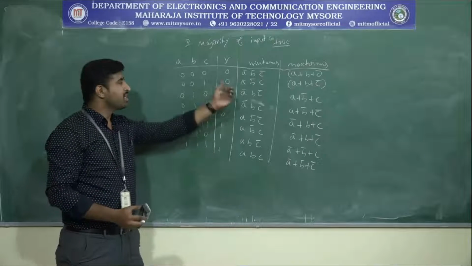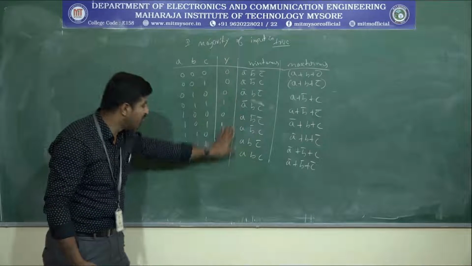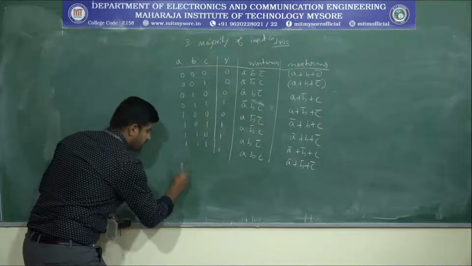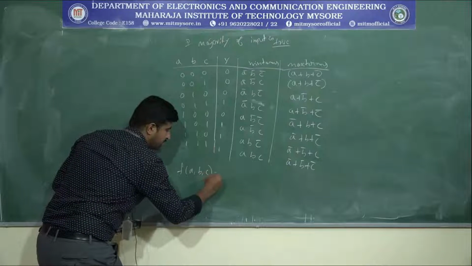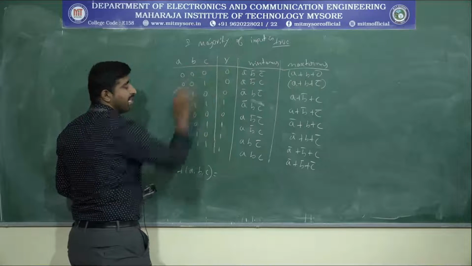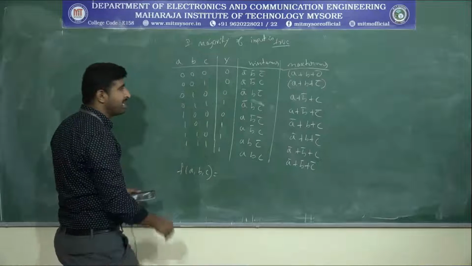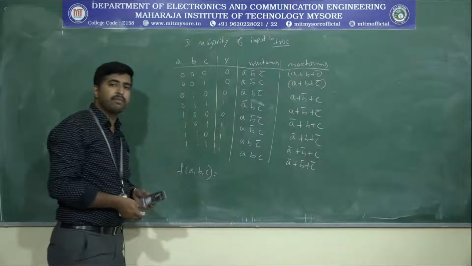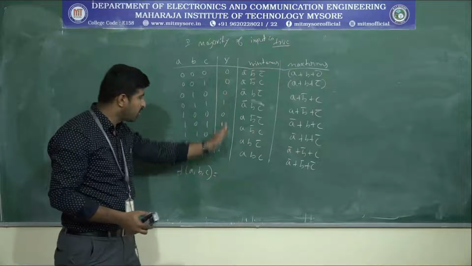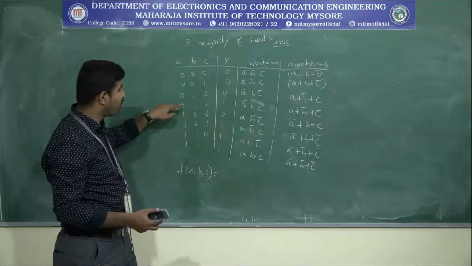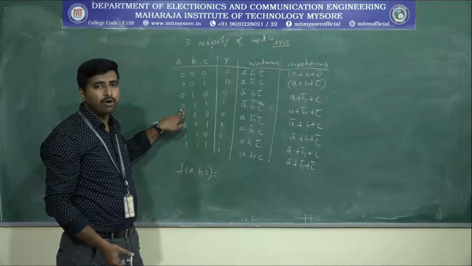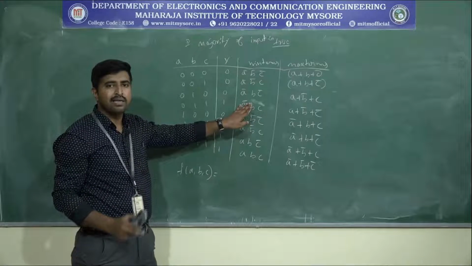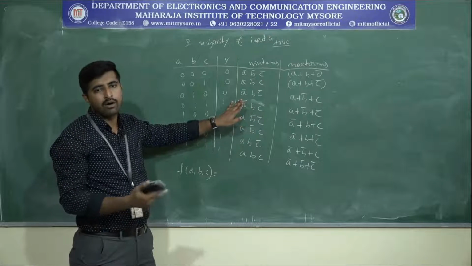Okay, now let's write the canonical equation for this output, for this truth table. That means we need to look at the output equation. So f of a comma b comma c, the function of a b c, for the given statement, what will be the canonical min term expression? I will write the min term expression first. When writing the min term expression, we need to look at the logical one outputs and write the corresponding input combinations as min terms. When you have multiple logical ones, we need to add all the min terms.